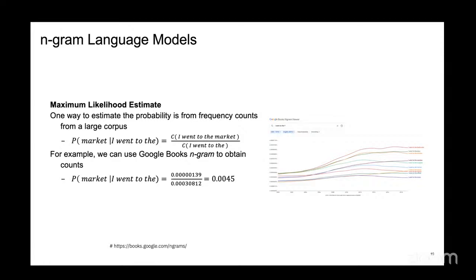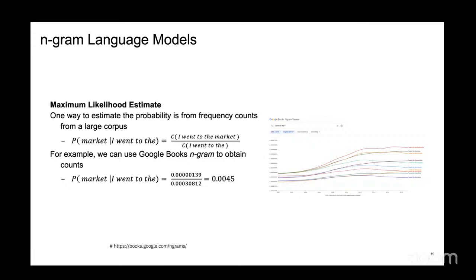So basically, they took the collection of books, estimated the probabilities and stored them somewhere. So if I want to compute a probability, I can just query the count: the number of times the phrase "I went to" occurred and the number of times the phrase "I went to the market" occurred. Based on the counts, I calculate the proportion at which it was completed by "market" as opposed to the proportion to which it was completed in my sequence of text.